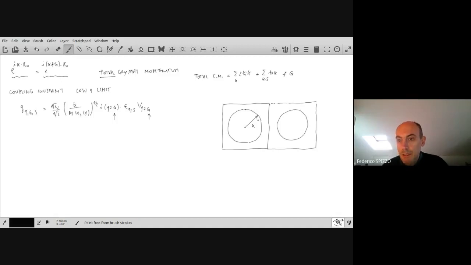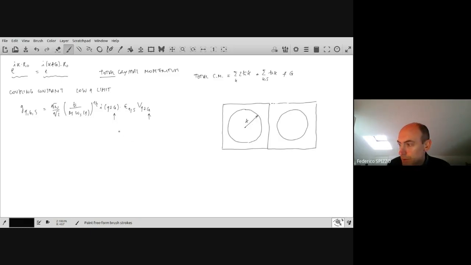So if we consider the final state of the electron, the final state has to be, I just write, okay. So if this is the initial state, then what we have is,